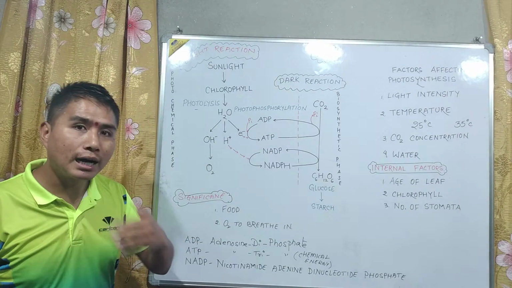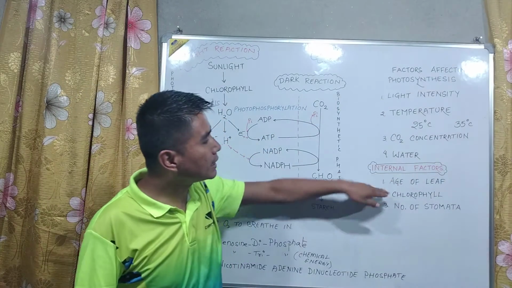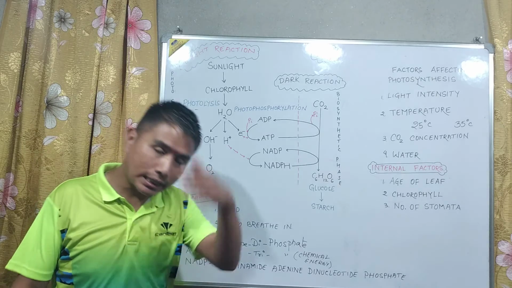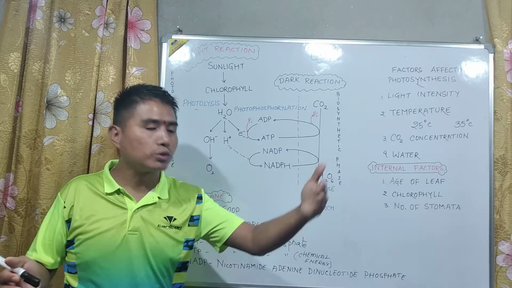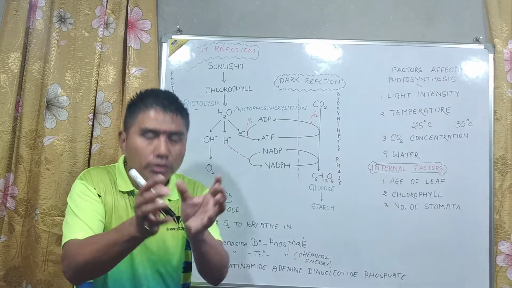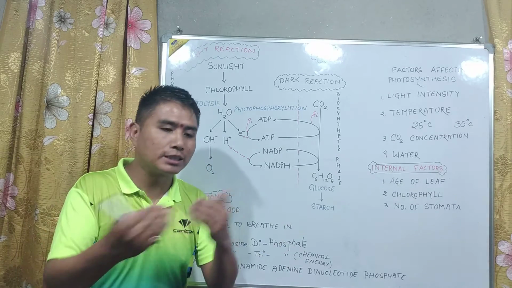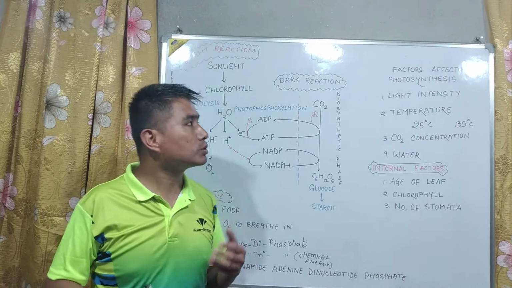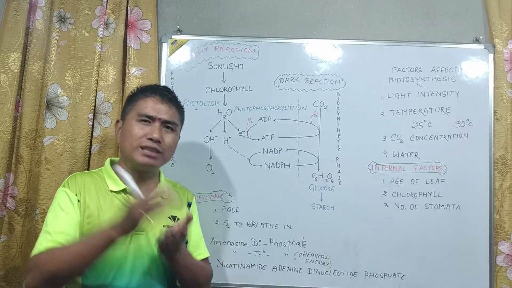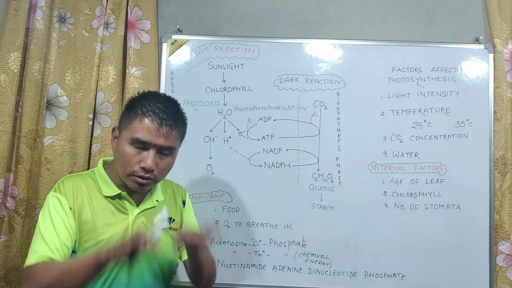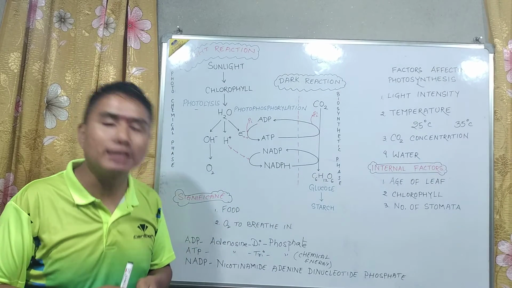So likewise, there are factors which affect photosynthesis, and there are external factors and internal factors. Like external factors, one is light intensity. If good light is there, good photosynthesis takes place, because good light means the stomata open up very well. When stomata open, transpiration takes place, gas exchange takes place. As a result, a good amount of photosynthesis takes place. And then the type of light also matters. If it is a very dark and gloomy day, the rate of photosynthesis falls. If it is a bright and sunny day, the rate also increases.